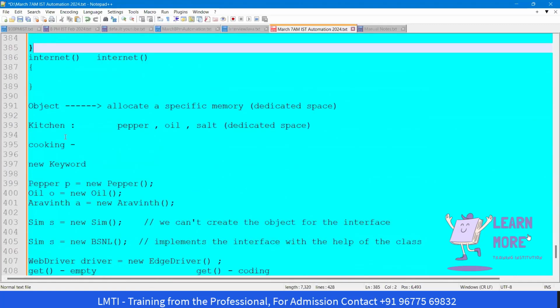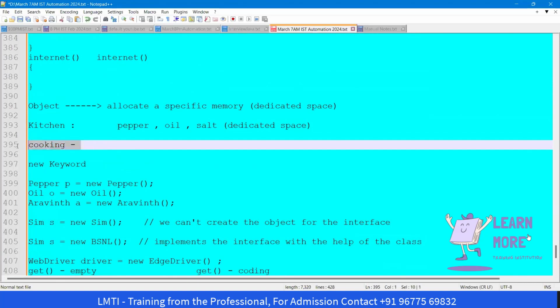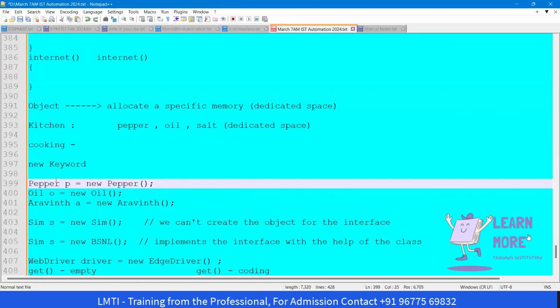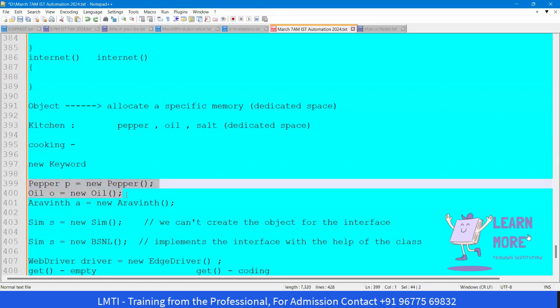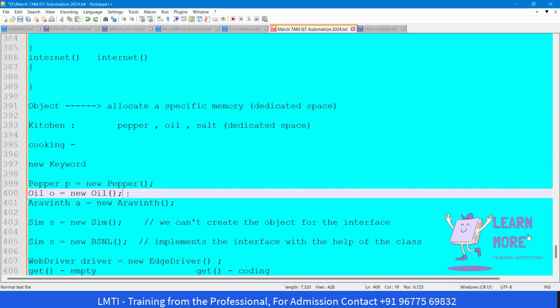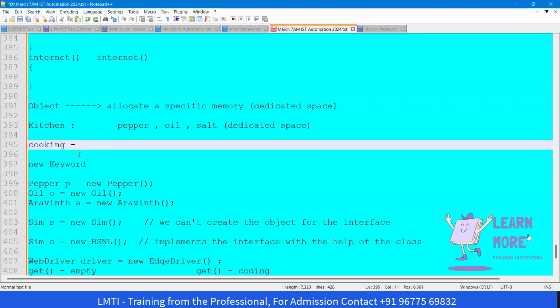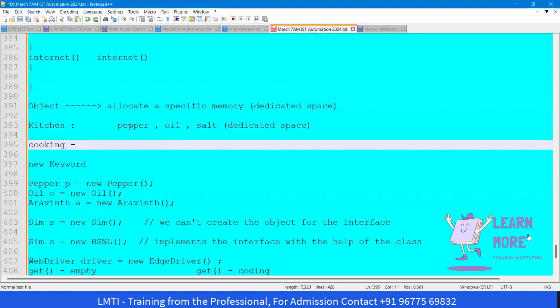Okay, so now even here, you are going to do the cooking, but while doing the cooking, we may need the pepper, we may need the oil, and we may need the salt, etc. But if we create an object for each and everything, obviously it is going to create a huge memory consumption. And how can we avoid that? Rather than creating the object for